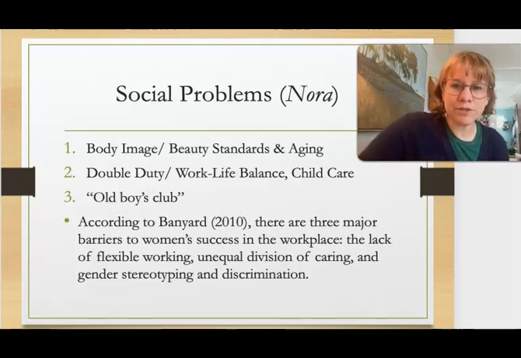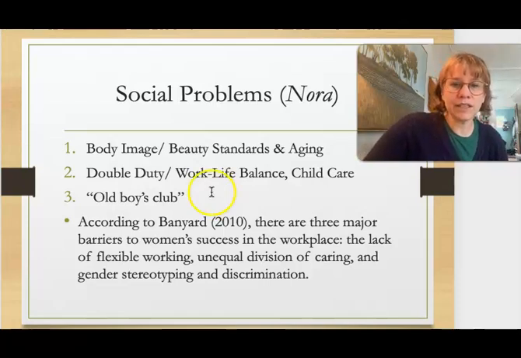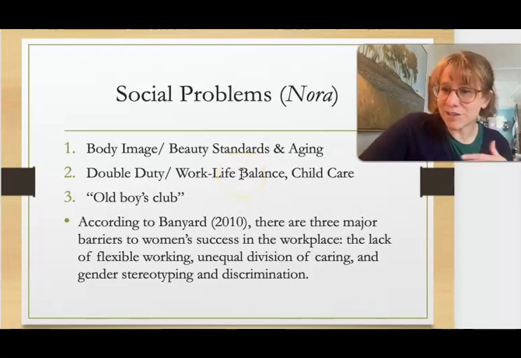Some of the problems are social problems. Gender inequalities are still present. So there are a couple of different scenes that tell us about what's causing pressure and tension in Nora's life in this short film. The first one would be the double duty, work-life balance and childcare. In the morning, we see her on the phone and she's trying to